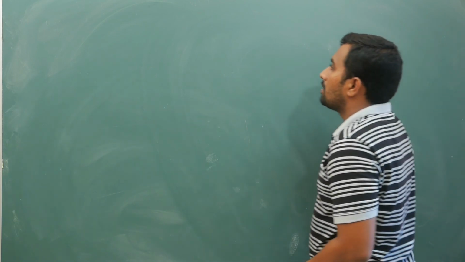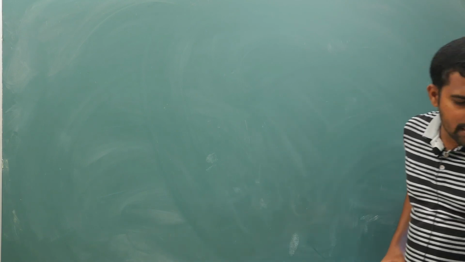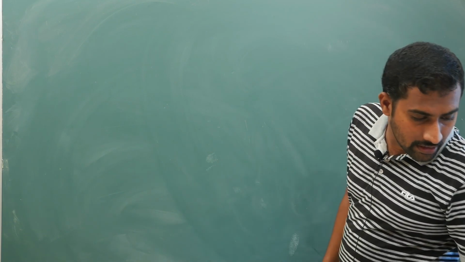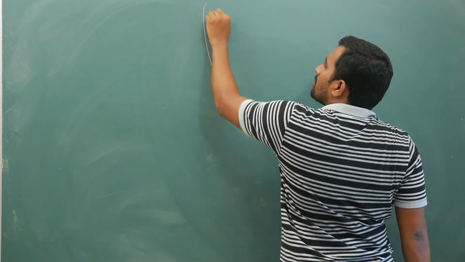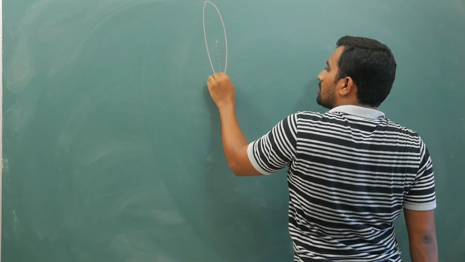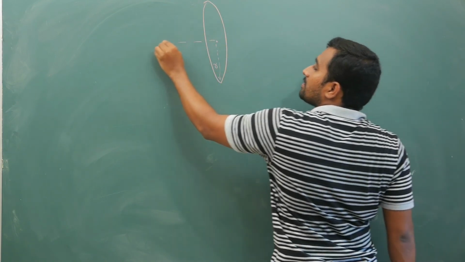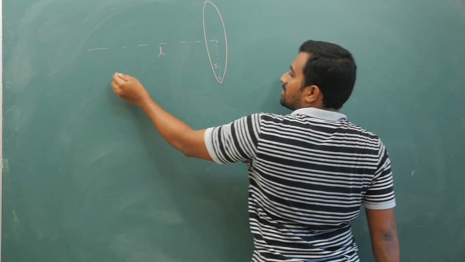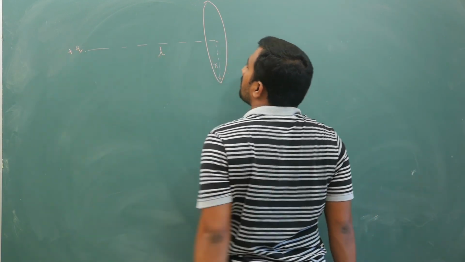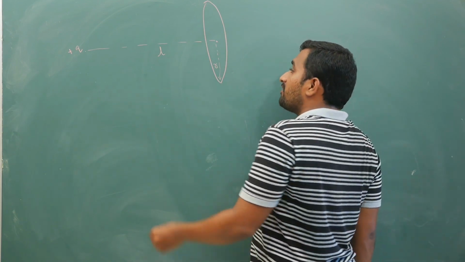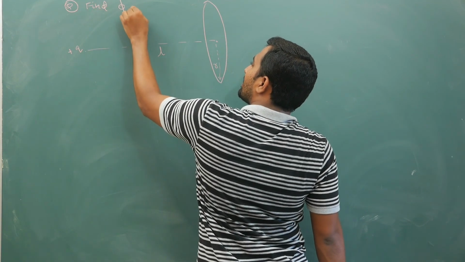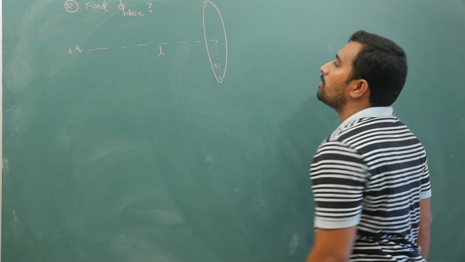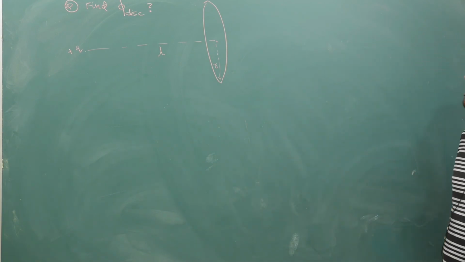Now let us say there is a disk or disk-like region of radius R. Exactly on the axis at a distance L, there is a point charge plus Q. The question is, find the flux through the disk. He could even combine and put one more negative charge here and then ask it. You can apply the principle of superposition and all.